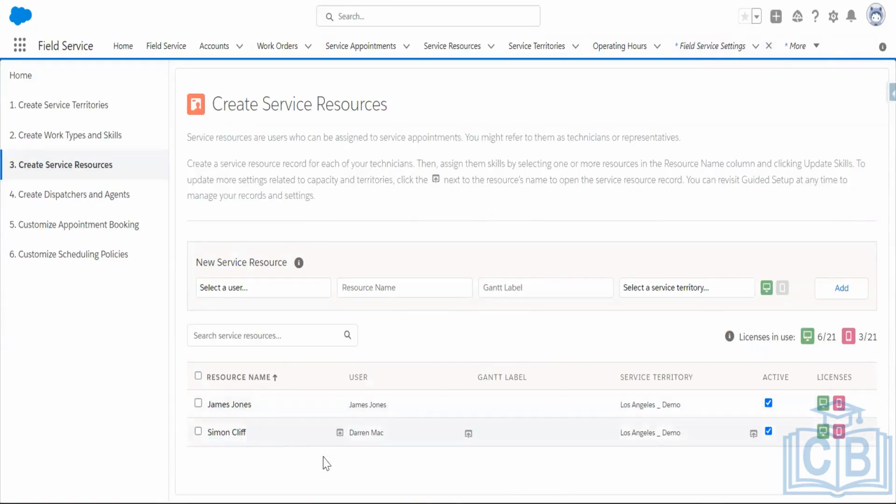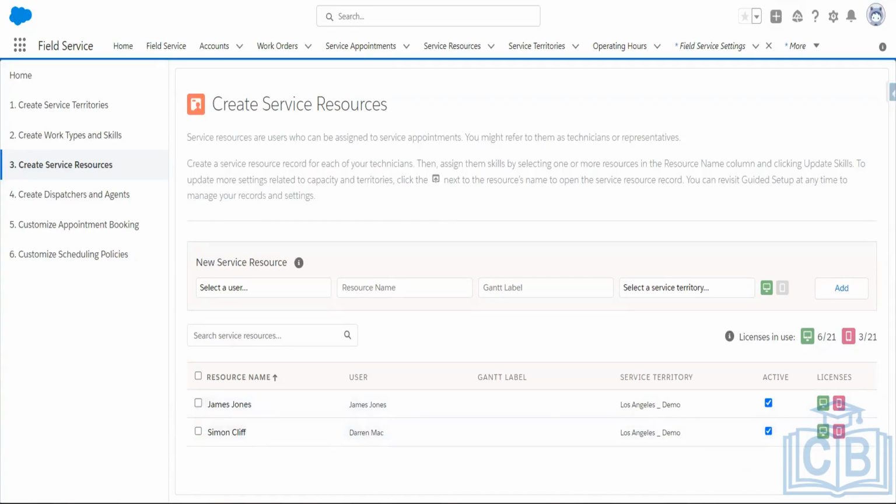These are the users now, because in my developer org I can create administrator users here. I have made them active, and the mobile licenses I have given to them. Mobile licenses and permissions are given to them. Now